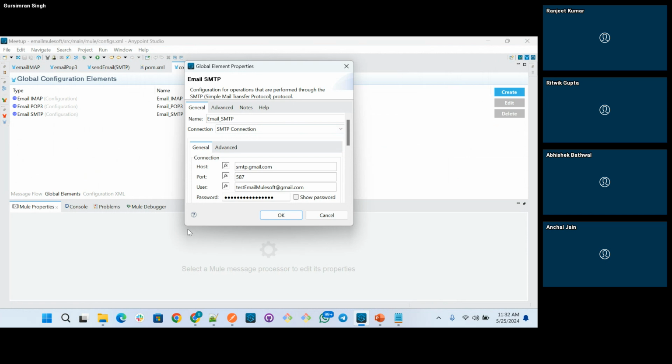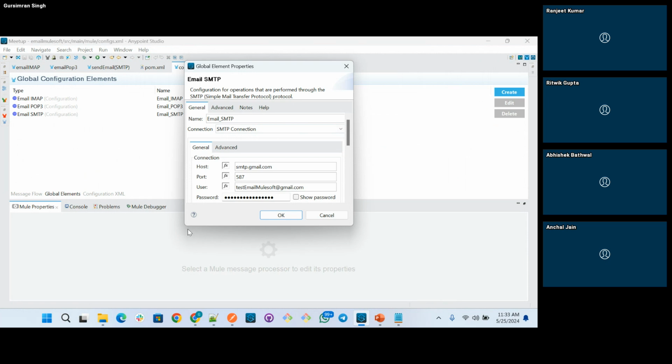Then moving to the port. The port is basically the port of the server. For Gmail, while integrating with MuleSoft, it's 587. One more thing: if the host name value is defined with a property name and the value is kept empty, then it will default to the localhost value.